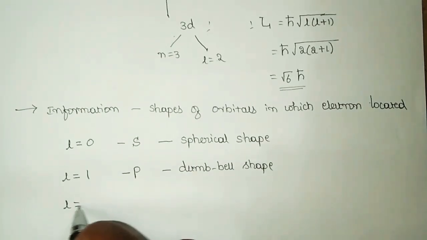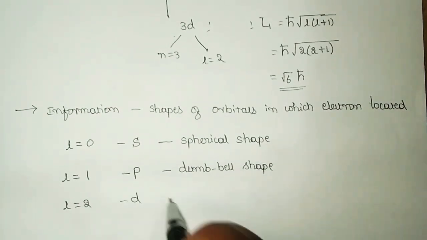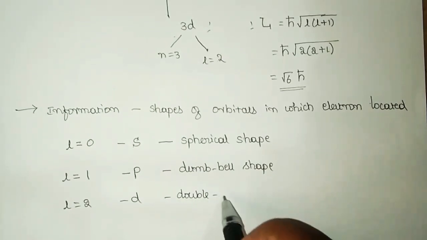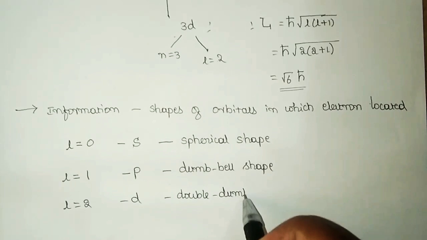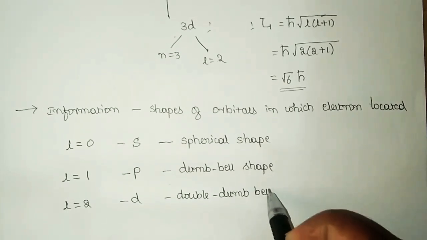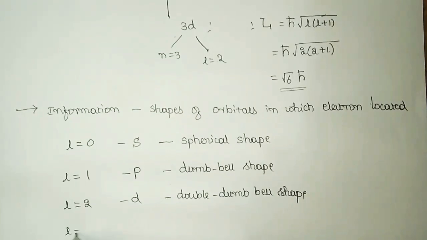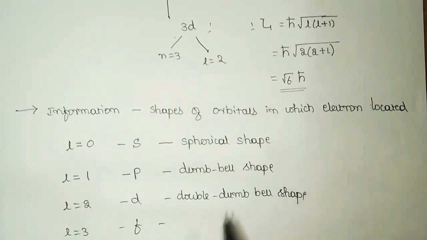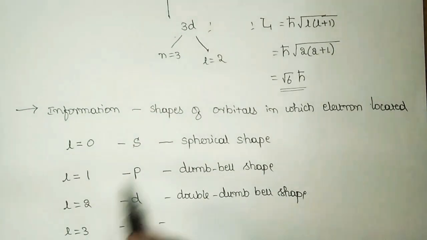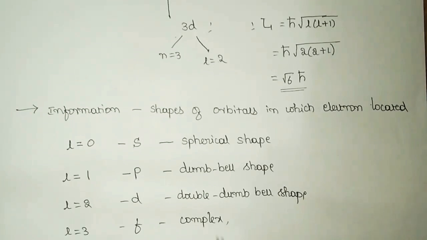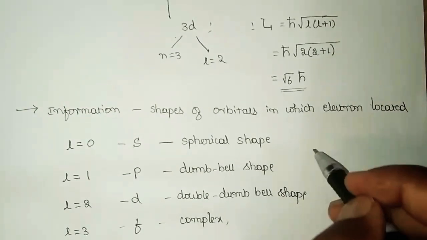And if l is equal to 2, that is d, which has a double dumbbell shape. And if l is equal to 3, that is f, in actual sense the shape of the f orbital is too complex, but